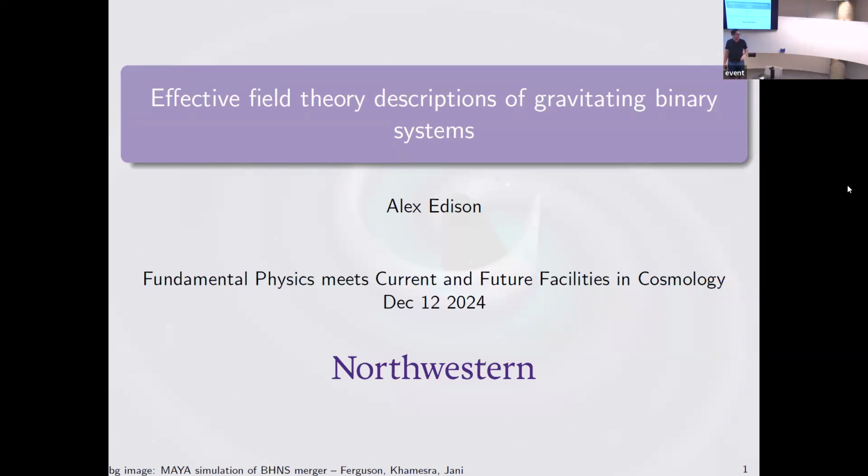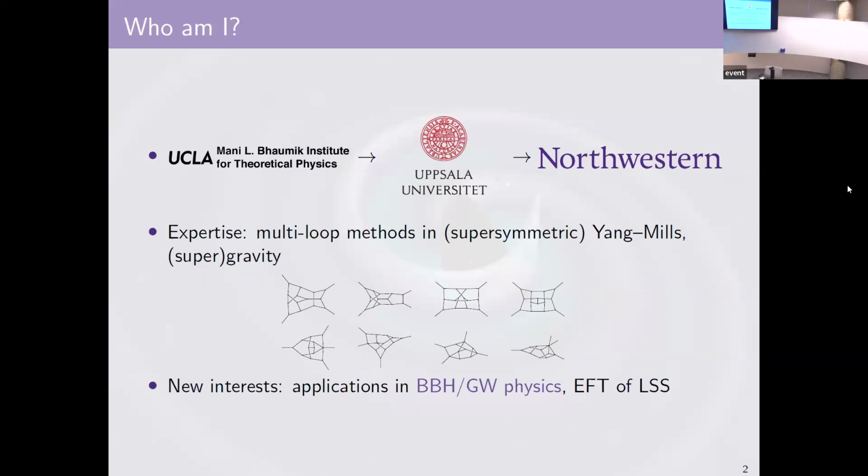So yeah, I'll be talking about effective field theory descriptions of gravitating binary systems. You might summarize that with less jargon as: we're going to solve the two-body problem in GR. Ricardo was telling us earlier in the week that when we're looking at binary black holes, binary neutron stars, and other objects like that, while gravity is very linear at the detector, it's extremely nonlinear at the source. We're going to start deriving that nonlinearity at the source, looking at various different approximations that are useful in different ways.